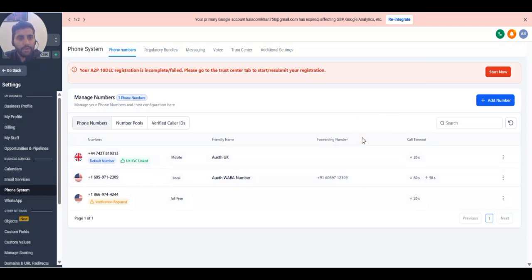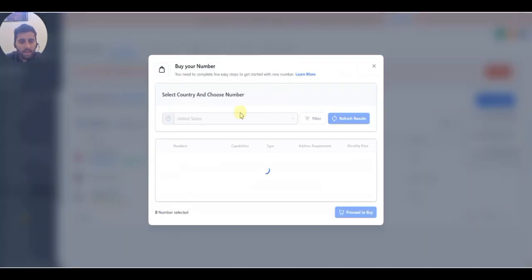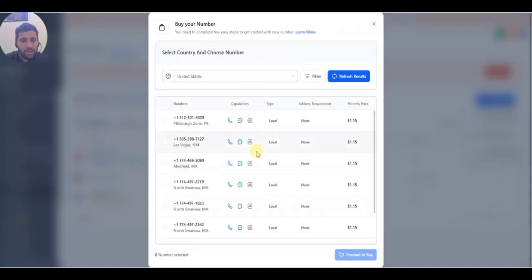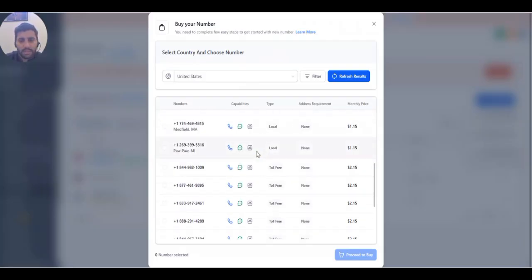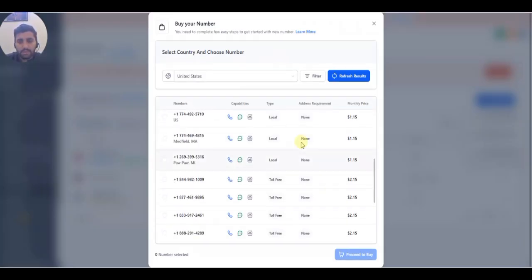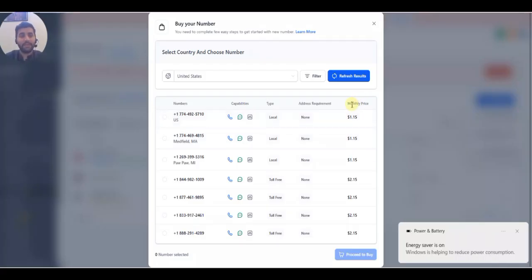So if you are new and you want to buy a number for your own business, you will simply go to this button known as add number. I will click on it, and then add phone number, used for SMS and calls. From here Go High Level will show you some of the numbers it has, but the main thing you have to see here is the monthly price. Yes, Go High Level charges you per month for your number, like $1.5 per month for US numbers,